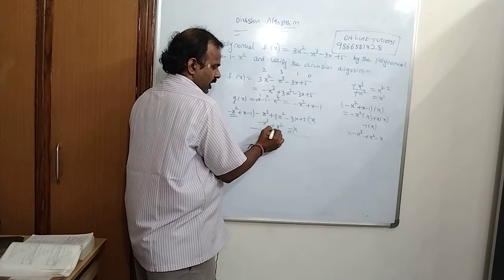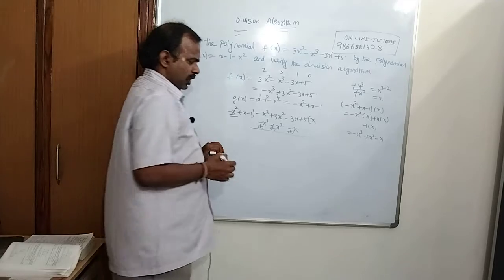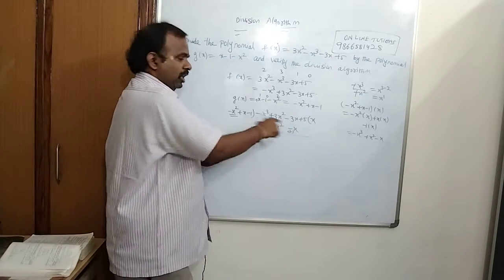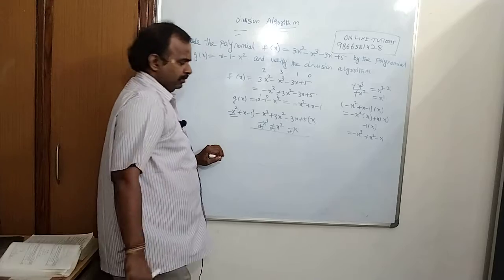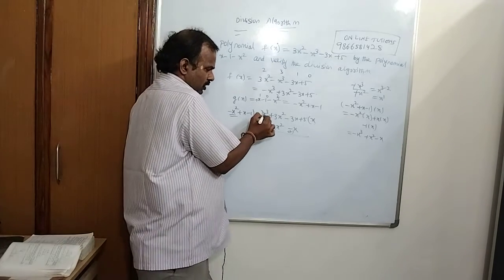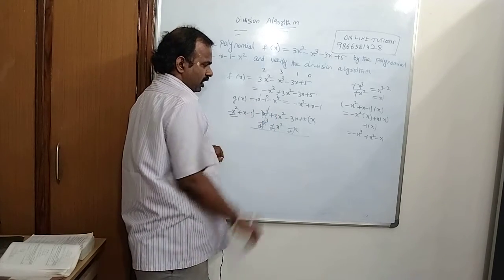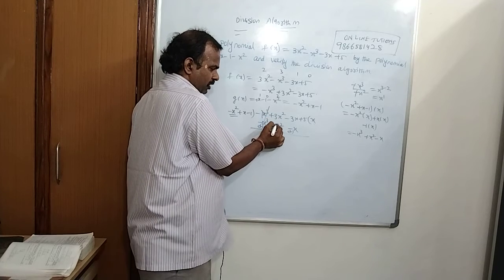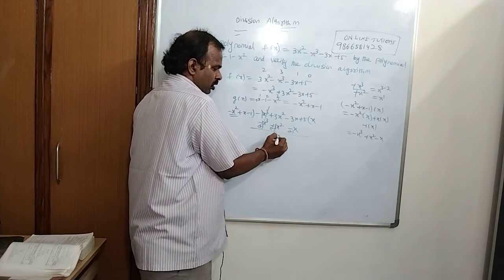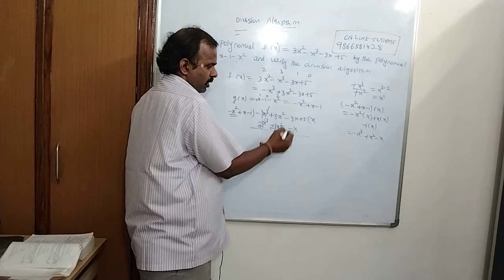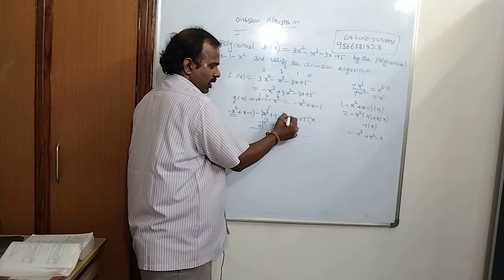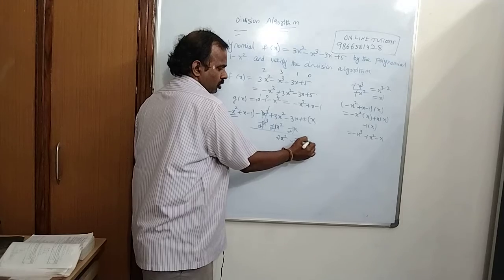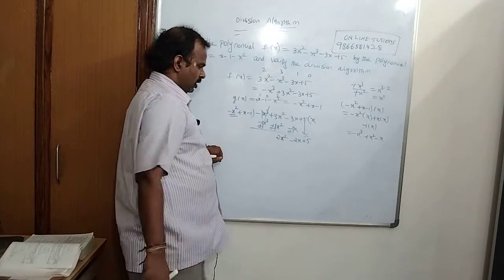So this is plus, this is minus, this is plus. When we subtract, the signs will change only for the second polynomial, not for the top one. Now minus x cube and this x cube, these two will get cancelled. 3 is the coefficient of x square, here it is 1, 3 minus 1, 2x square. The coefficient of x is minus 3 plus 1, minus 2x. Bring down this 5 here.